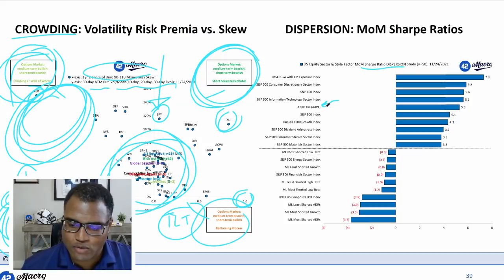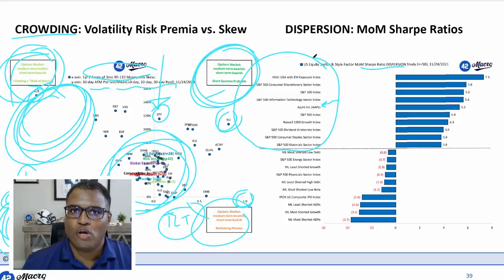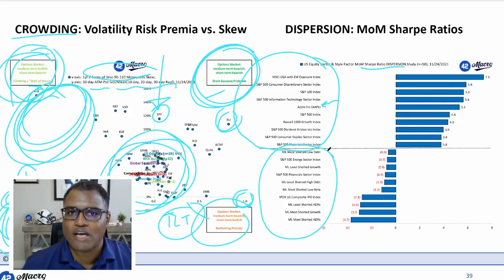But the reality is what we're trying to do is identify the composition of the upper quintile, whether or not it's pro-cyclical or defensive, relative to the composition of the lower quintile. Is it pro-cyclical? Is it defensive? And one very important, very lucrative way we use this process going back to September, we noticed in mid-September, after